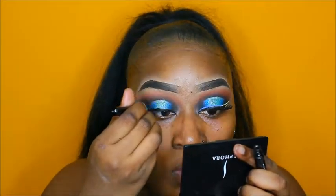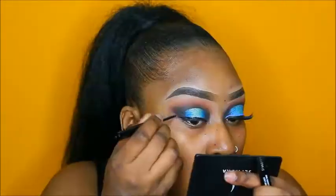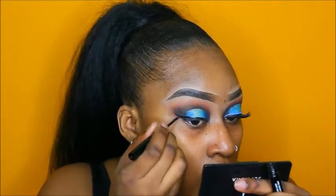So now it's time for the liner. For the first part of the liner, I'm just going to use my NYX liquid liner, and I'm going to draw a base liner. And then I'm going to go in with two other colors after. So first I'm going to go into this regular liner, and I'm just going to do a regular wing. Okay, so now that we got the basic wing,